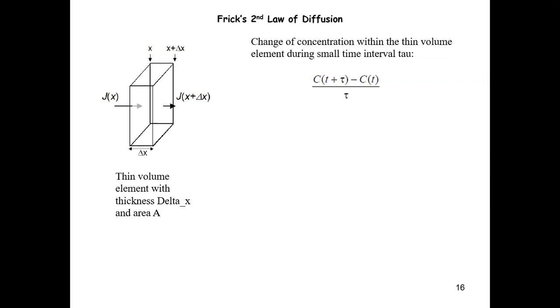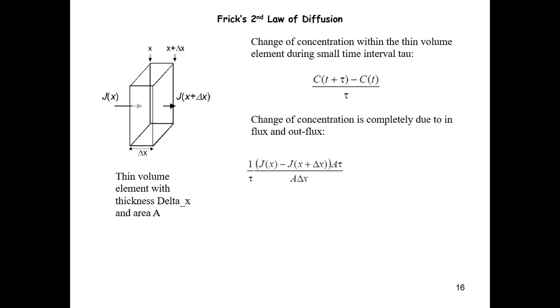The only concentration gradient. The only cause for the change of the concentration is the flux, right? Because I have some extra atoms coming in from the left of the box of the volume, and I have some atoms leaving this particular box from the right, right? So the flux is the only reason, the only cause that leads to the change of the concentration. So now, what is the